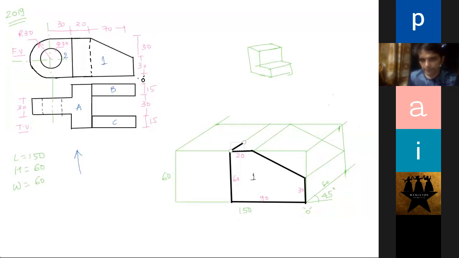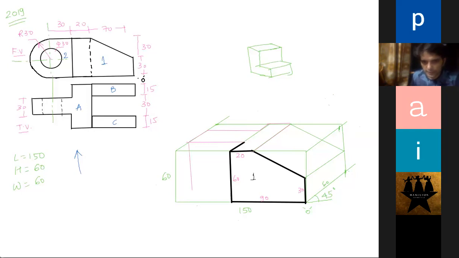Like suppose if you're drawing this, I'm drawing part A. See this. So part A is done, right? Part A is also done. So now if I want to draw part 2, this part, it's here, right? So it's always better to draw a rectangle. Don't go for the circle. They have given a circle, but you know this height is how much? 60.